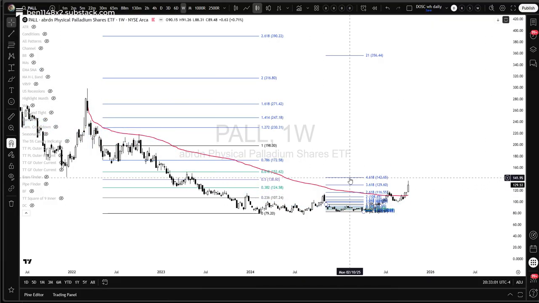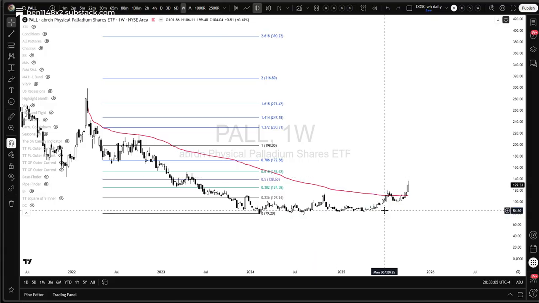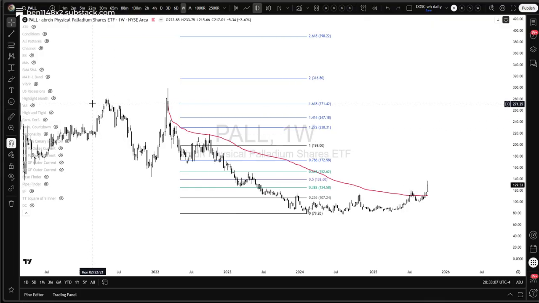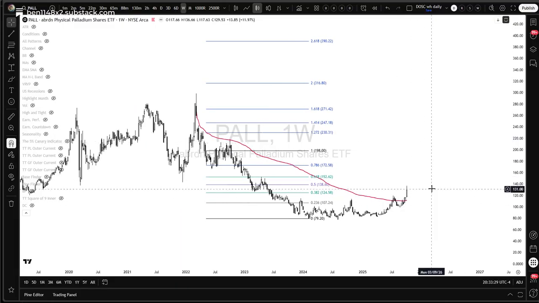I'm trying to clean some of this up. I'm going to turn this fib off and this one off. So we're just now breaking above the AVWAP from the prior weekly high all the way back to March of 2022. We get a fake out, shakeout, and now we've got our breakout. And commodities move differently than equities. So if this was an equity, we might expect clean fib levels, but commodities are a story of booms and busts that have real